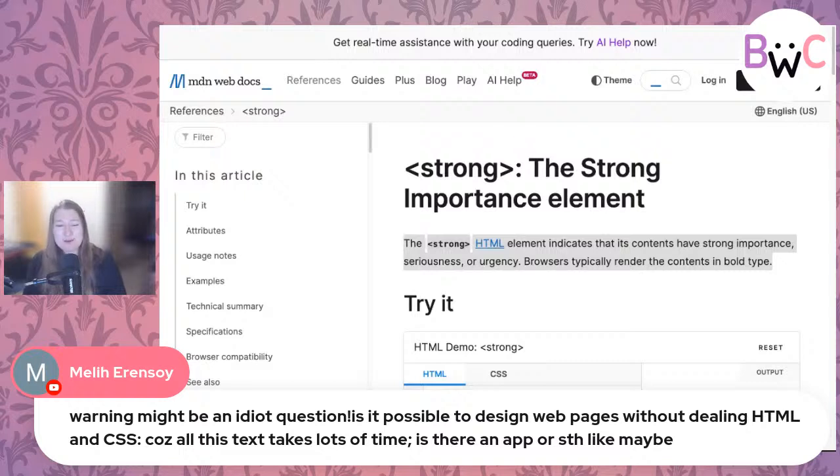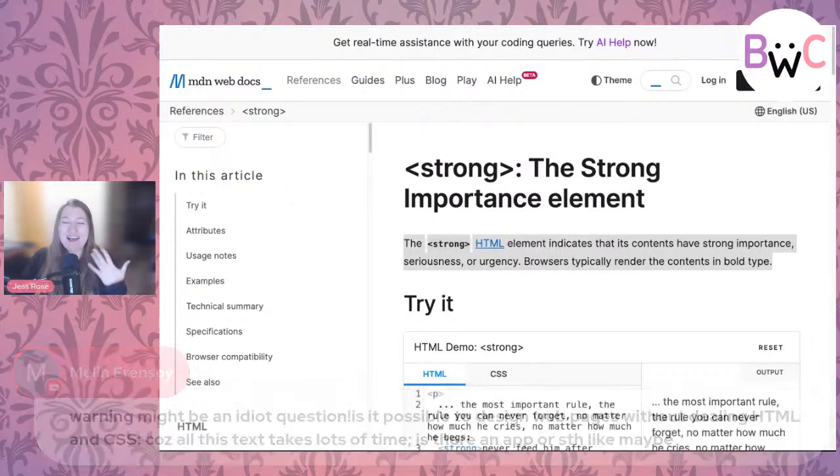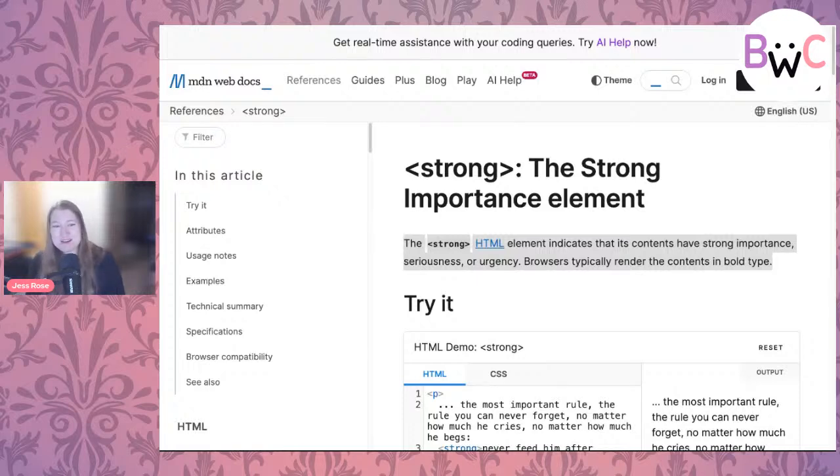There absolutely are. There are a lot of different kinds of website builders, so you're going to want a no code or low code website. For example, WordPress is a website builder where you don't necessarily have to use HTML or CSS. I think WordPress websites are about a quarter of the web. I love to push people to learn some HTML and CSS because they're really powerful, but they're not the only thing you need.